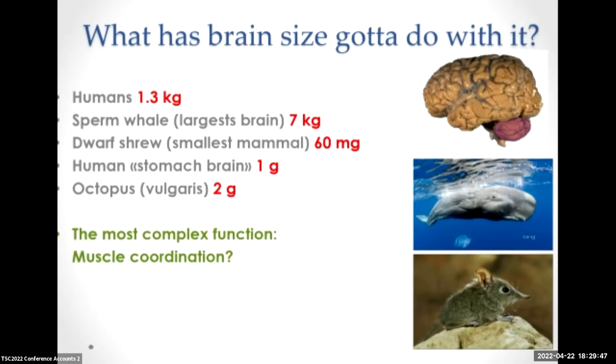So I think rather than consciousness being the most complex function we find in the human brain, other functions we have are more difficult to set up and require more neurology. For example, muscle coordination, which is cared for to a large extent by the cerebellum, which contains about 80% of the neurons of the human brain. And then things like being able to decipher sound or sight are also very complex matters.